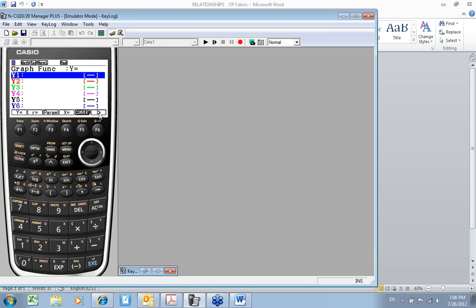Anytime there's an arrow right here, that means there's more options. If I just press F6, then here are my inequalities. I'm not going to be using those today, but just so you'll know where they are.